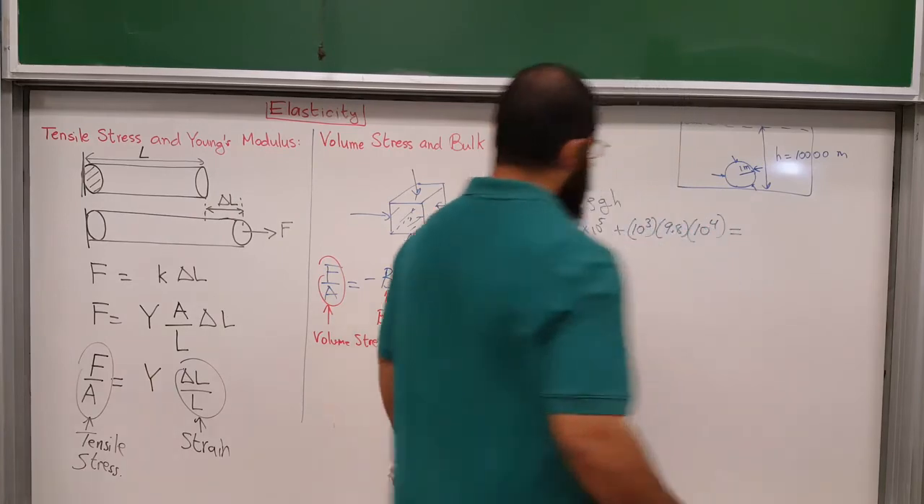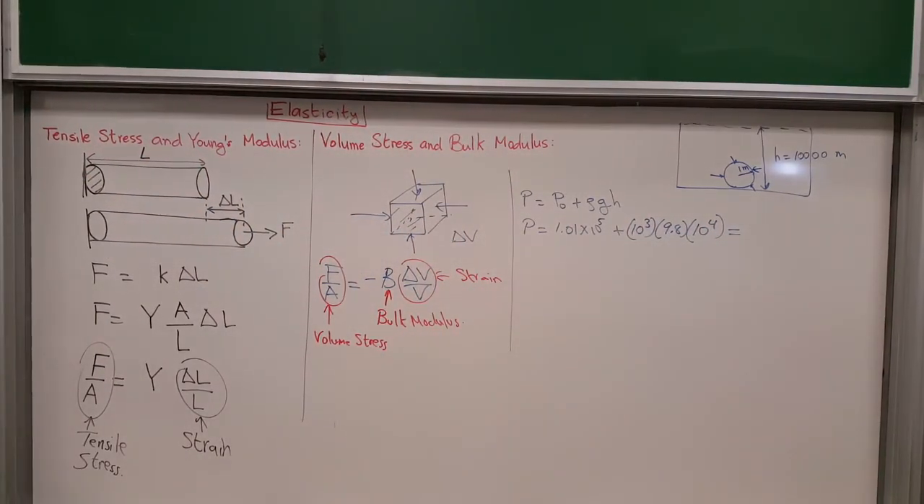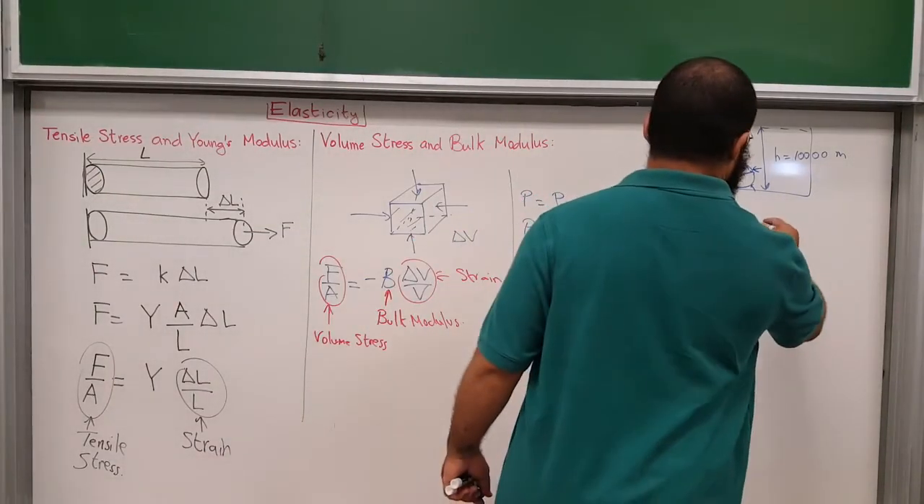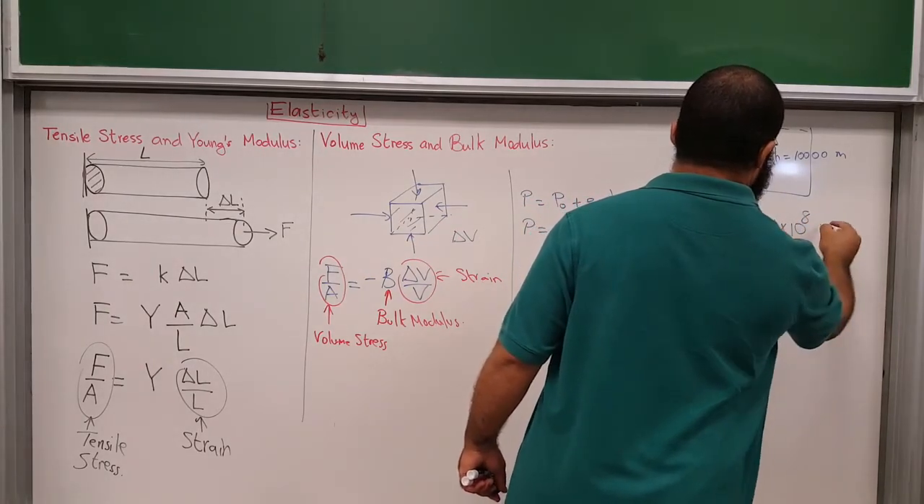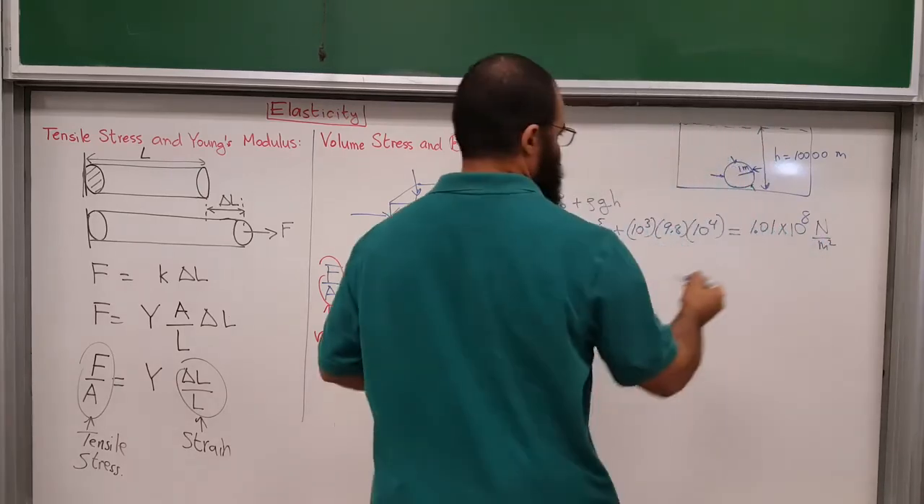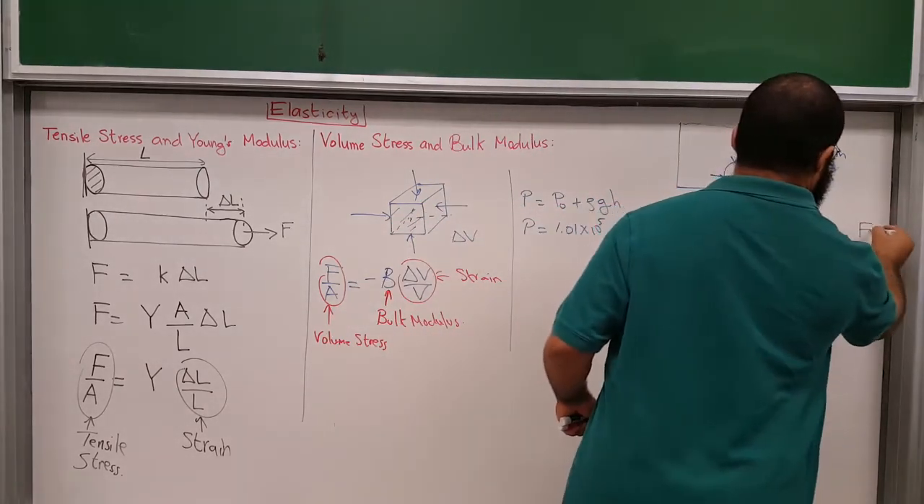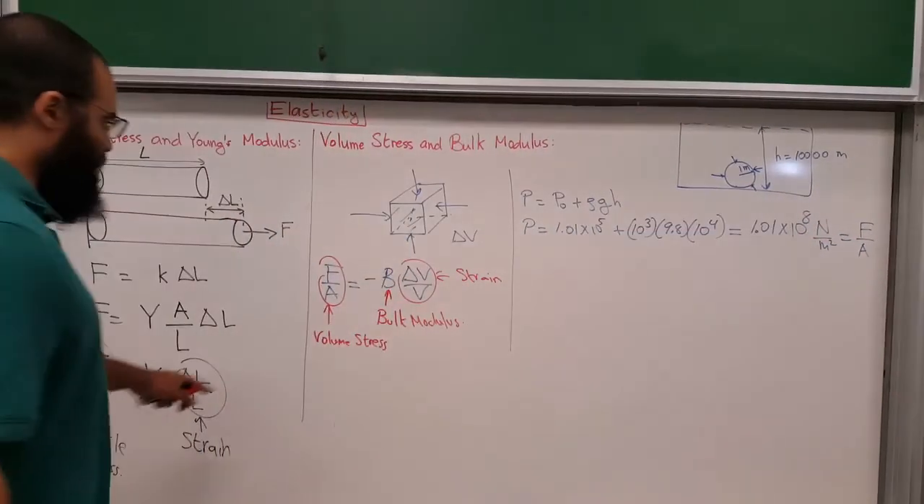And so this is approximately, let me use my calculator here. And so approximately 10 to the 8th. 1.01 times 10 to the 8th pascals. We get about 1.01 times 10 to the 8th pascals, or newtons per square meter. So that's the F over A part. Now the bulk modulus,